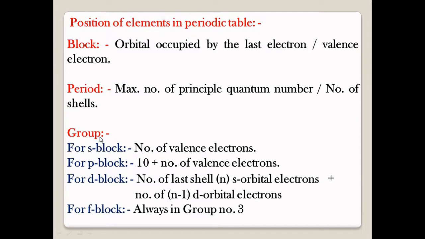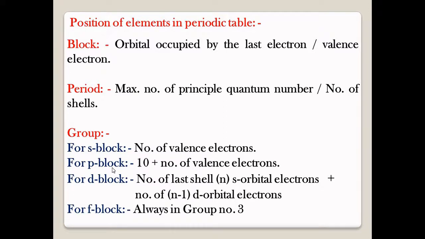Okay, so for S block position, the number of valence electrons is equal to the group number. म्हणजे जर S ब्लॉक मधले एलिमेंट असतील, त्यावरून आपण सांगू शकतो की त्यांच्या व्हॅलेन्स इलेक्ट्रॉन वरून ते कोणत्या ग्रुप मधले आहे, फर्स्ट ग्रुप का सेकंड ग्रुप मधले. ओके, whereas for P block, 10 plus the number of valence electrons gives our group in P block, that is we start from 13 to 18 group.